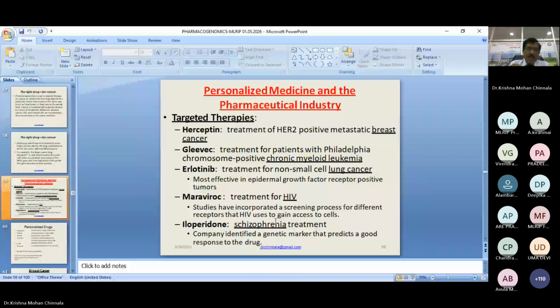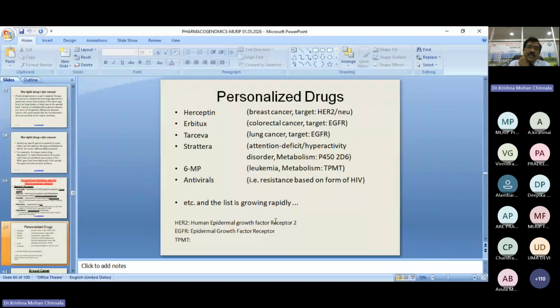And Maraviroc is treatment for HIV; studies have incorporated a screening process for different receptors that HIV uses to gain access to cells. And iloperidone is used for schizophrenia treatment. The company identified a genetic marker that predicts a good response to the drug. Personalized drugs: Herceptin for breast cancer, Erbitux for colorectal cancer, Tarceva for lung cancer, Strattera for attention deficit disorder,